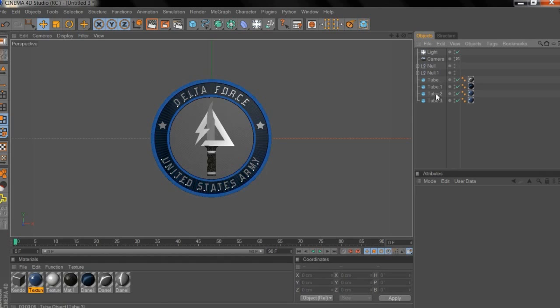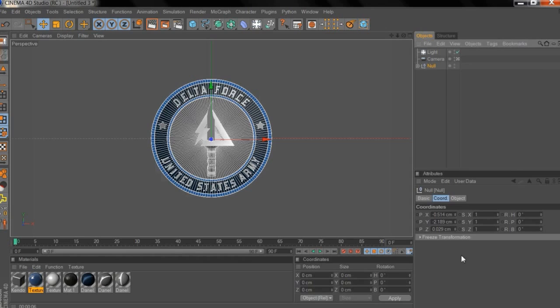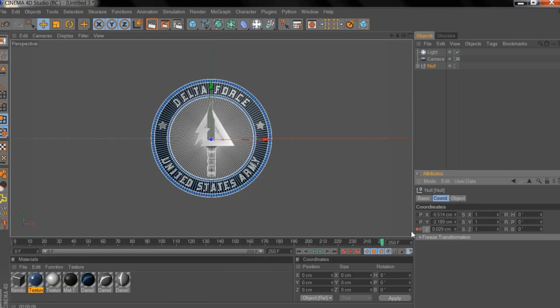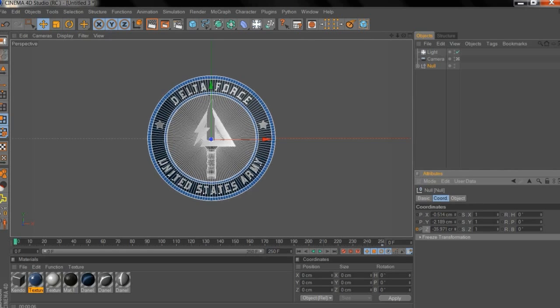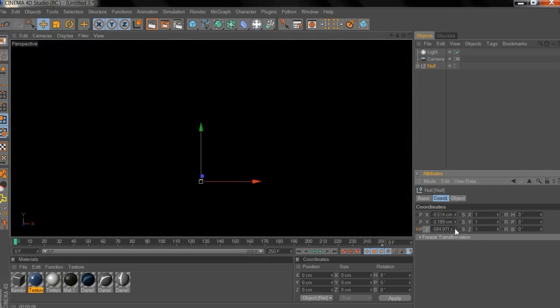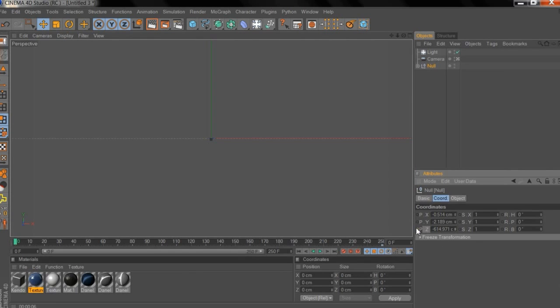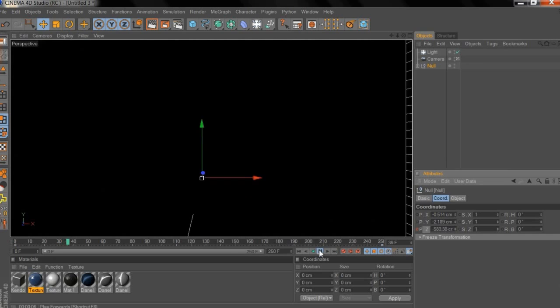Okay, as far as animation, grab both of these, or all of this, everything, group it all together, and set it about 250 frames, which I think will leave you around 8 seconds, something like that. We're going to come all the way to the end and click on the Z. Go all the way to the beginning and drag your Z to the negative. Bring the coin directly to you until it's out of your screen, and then control click will keyframe these little eyes here. So now you get your coin coming in,